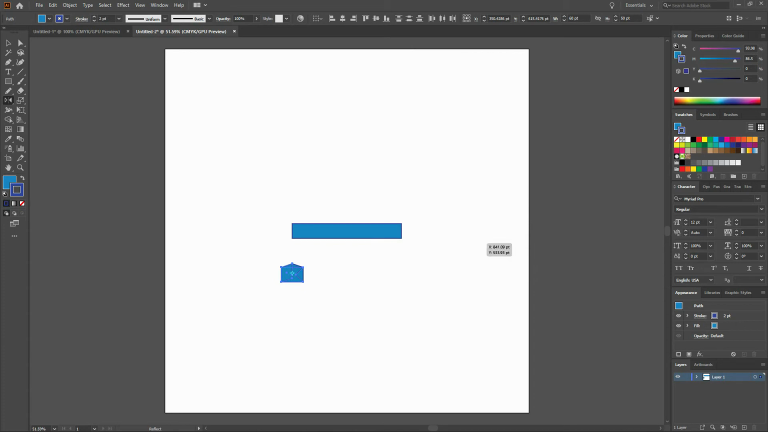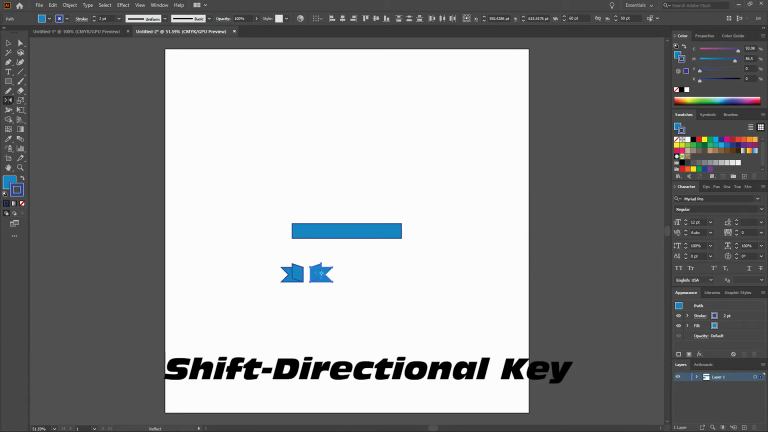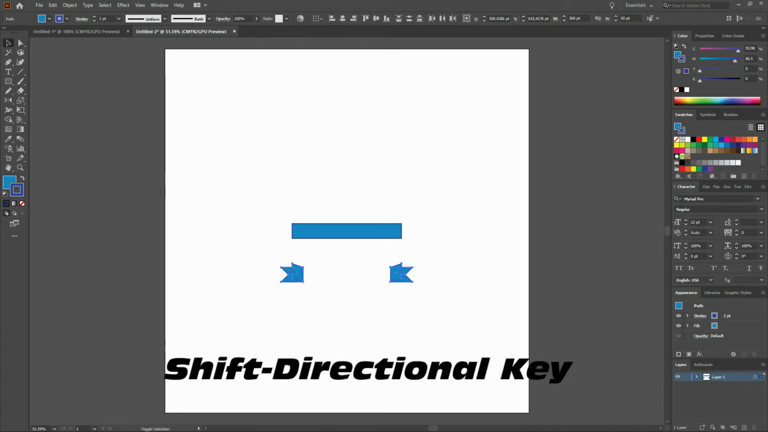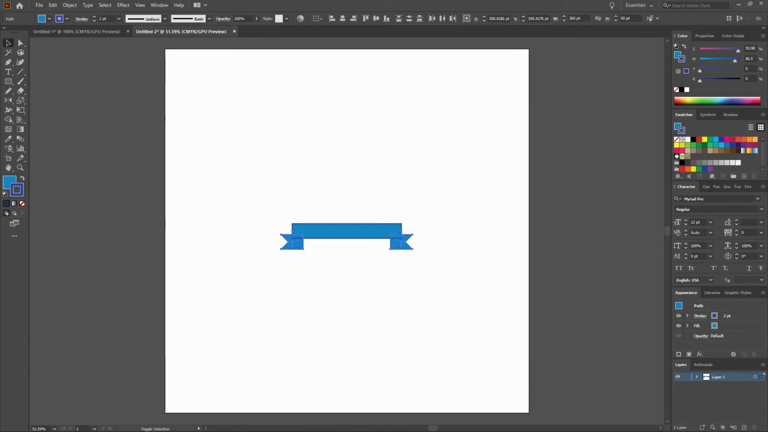From there, we're going to hold our Shift key down, arrow to the right until we are underneath the right side of our top rectangle. Next step, we're going to grab our select tool, drag across both of our shapes underneath our rectangle, hold our shift key down again, and arrow up